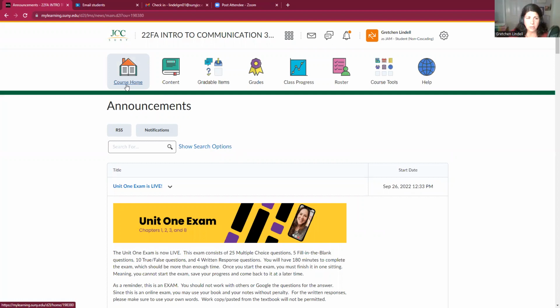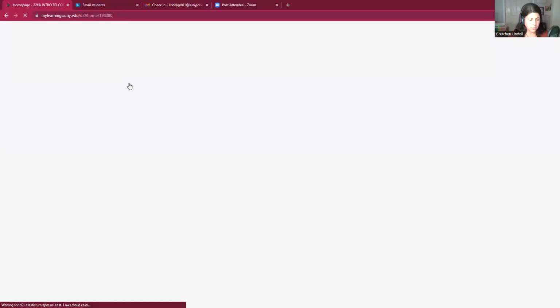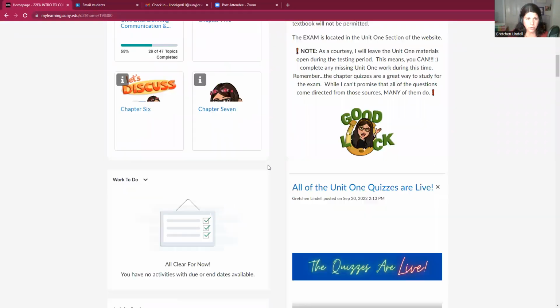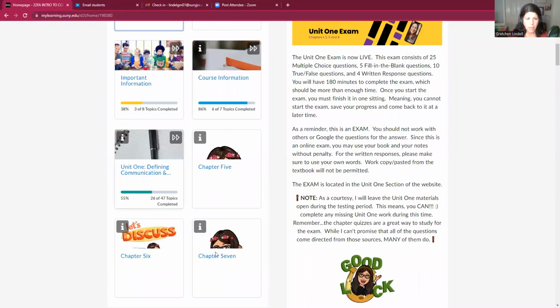So I'm going to go back to home where we originally started. I'm going to show you a couple of things to look at. Again, just give me a moment for my computer to catch up. Again, this is our homepage. You'll see our modules here. And under here where it says Unit 1, this is where all of the information pertaining to Unit 1 is